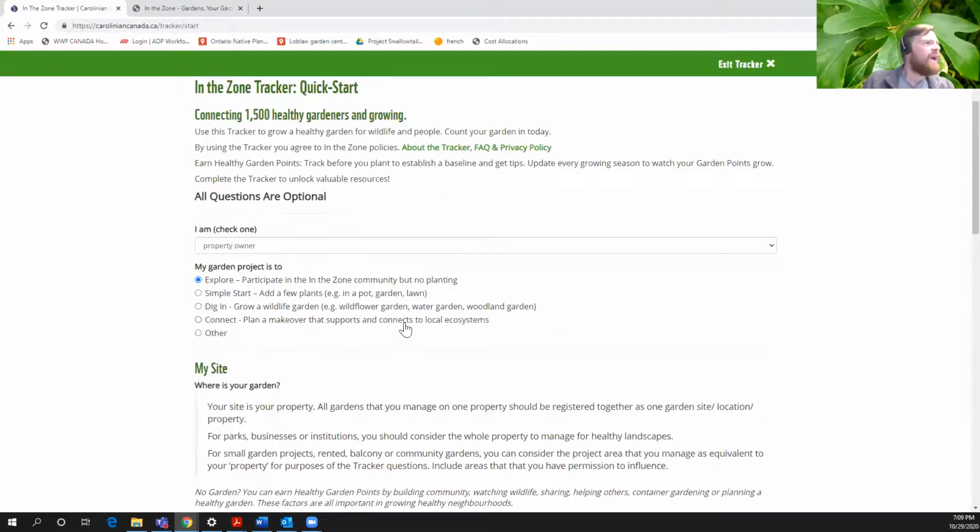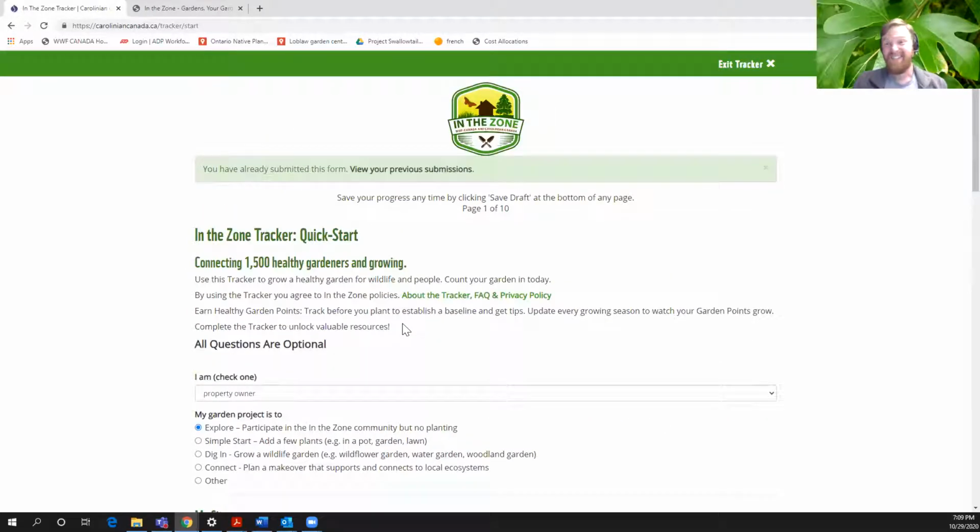So I'm not going to go through every single question in the tracker because there's a lot. But the important thing that you need to know about the tracker is it's not actually meant to be answered all in one big blast. You don't have to go through and in great detail answer every single question. It's not like your final exams in high school or whatever.